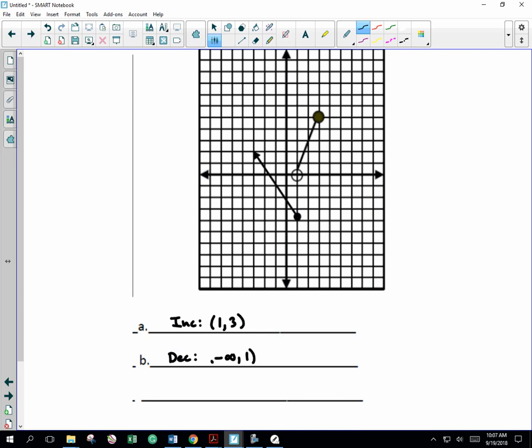Any questions on increasing, decreasing, or constant? Yeah. The 3? I think it came from here. So this is the number 1, 2, 3. So see how at 3,